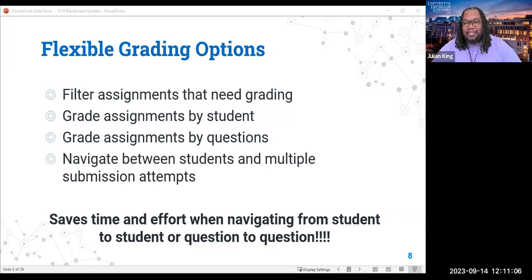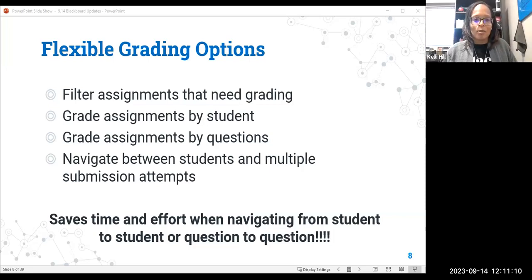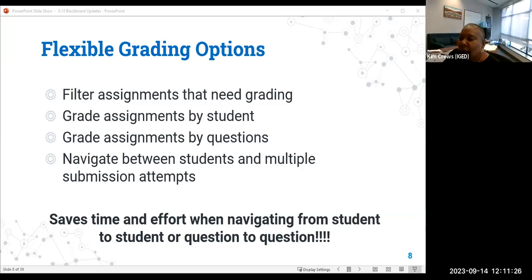I was just going to add, I just delete them because sometimes it looks like a nuisance. I know some of us are over-controlling and don't want to see that needs grading. I just delete the other attempts and get rid of them. Yeah, because if you have multiple attempts, it will always say it needs grading because there's always one attempt that isn't graded yet. But in this case, I can't seem to find the other attempt. It's kind of a weird situation. And I would delete it if I could, Kelly, but